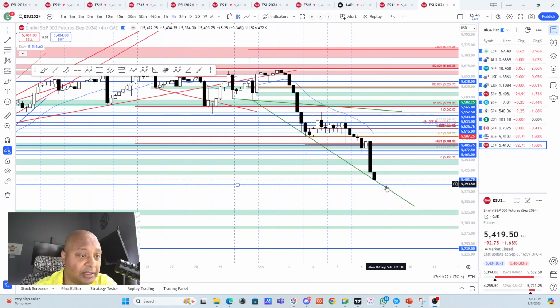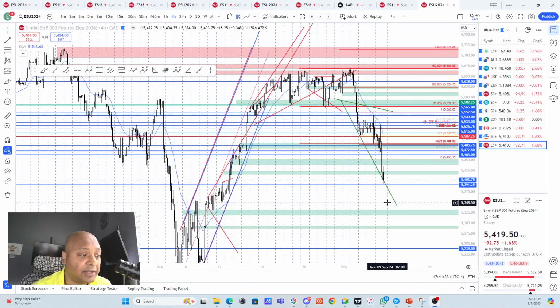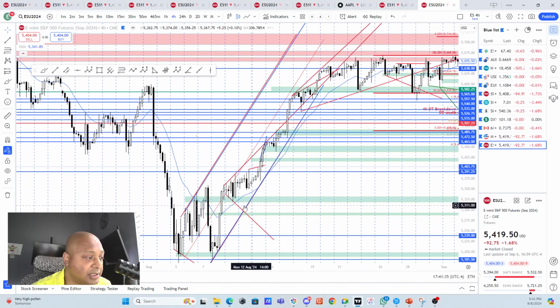And then we can find that if we are continuing to go downstairs from here, the next support on the 4-hour chart happens between the 5330 to the 5320 area. And if you see, this area has been a very good support. This was the breakout area, and then we came back and retested the breakout area and started going up. So this will be another very good area of support for the bulls.